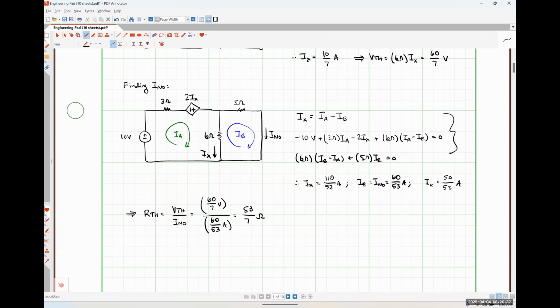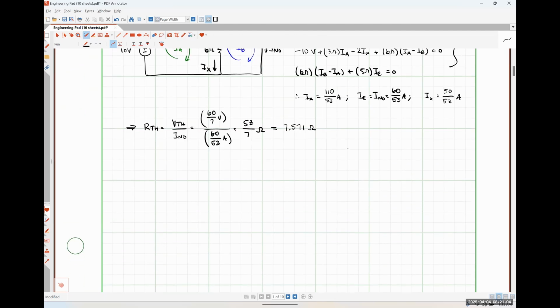Yep, 53/7. Or for those of you that prefer decimals, 7.571 and some change. Now, it would be handy if there were a way to verify that this was correct. Okay. So let's call this guy down here